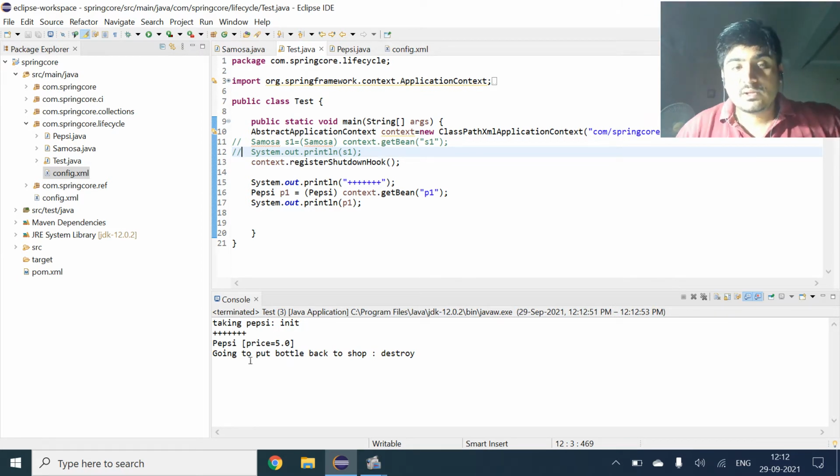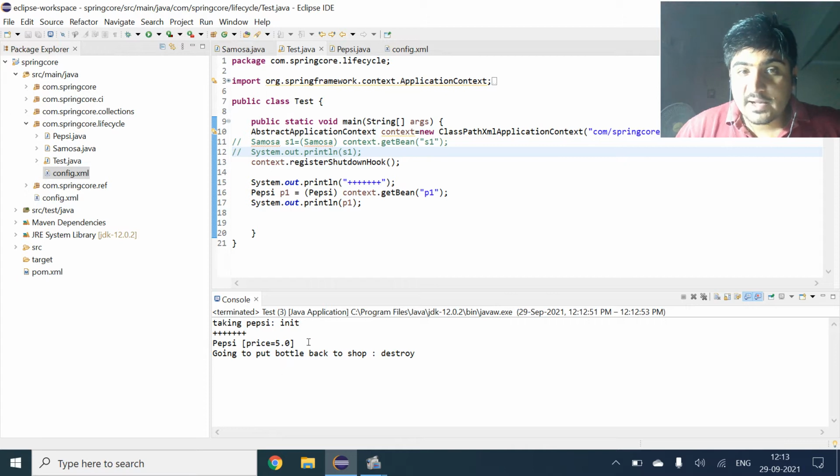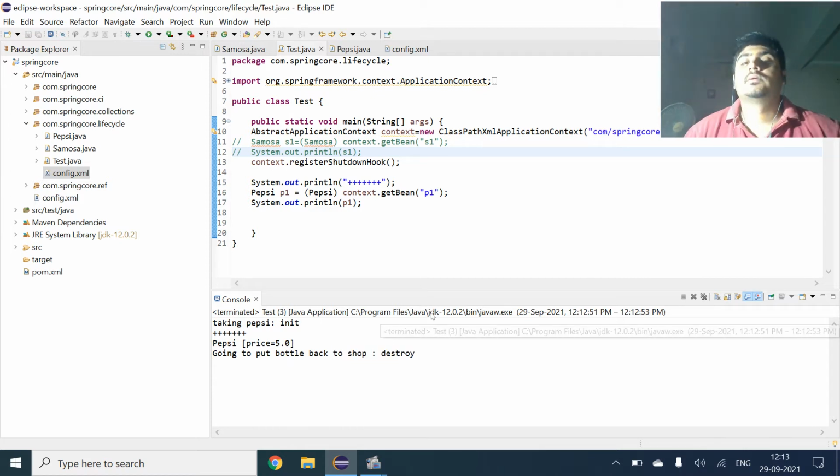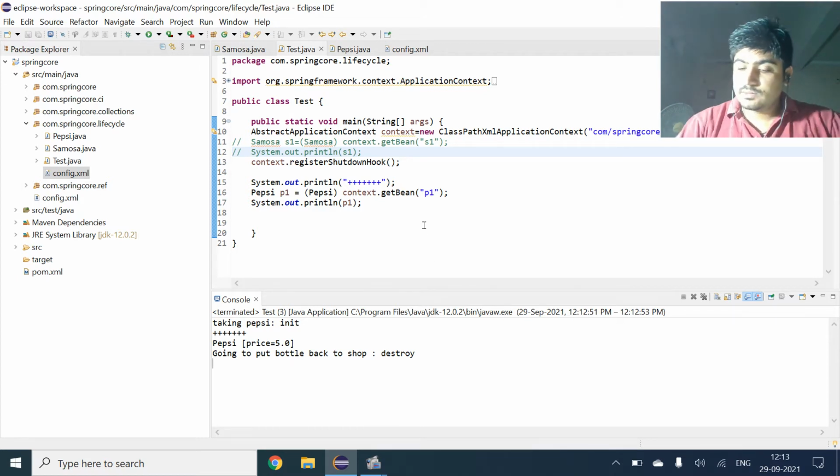In this, the steps are important, and it is showing taking Pepsi, that is init. Then this is being printed, and after that the price of Pepsi is printed, and going to put the bottle back to stock. That is the destroy method. So this is how we do it using interfaces.